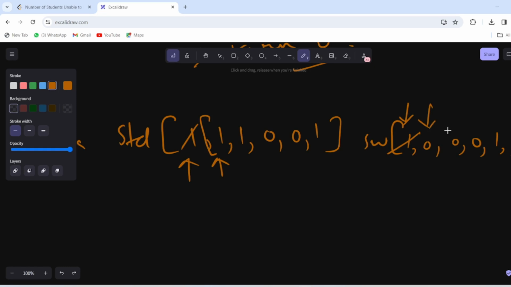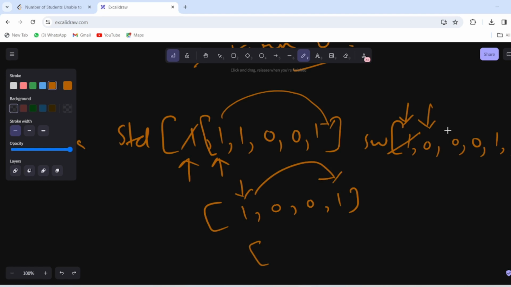The preference doesn't match, thus the student will go back. In that case we got this as our student array. The first element is 1, but the top is again 0, so this student will also move back. So now we got 0 0 1 and 1, and the top element is 0. So yes, the preference of the first student matches the top of the sandwich.